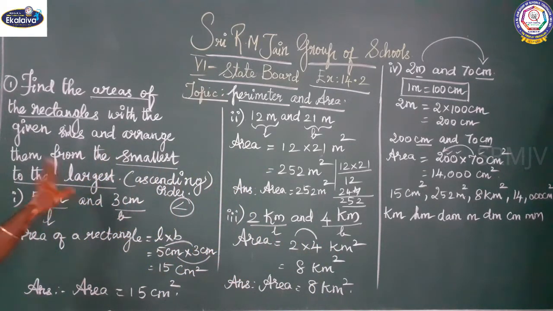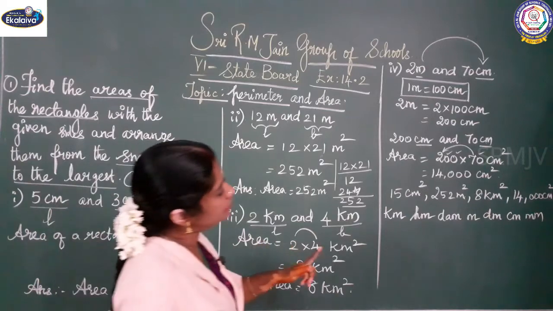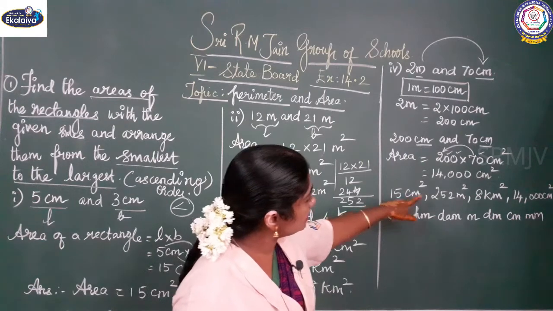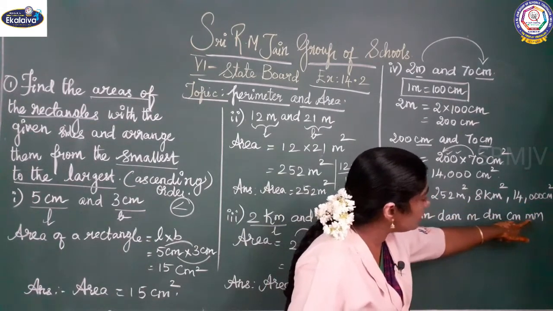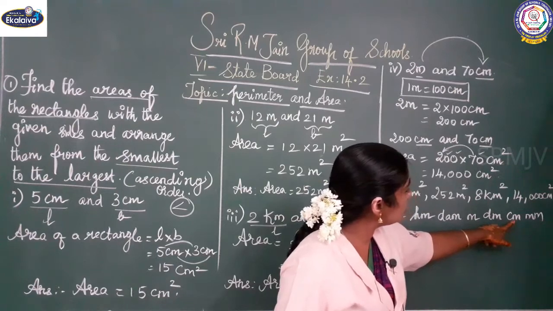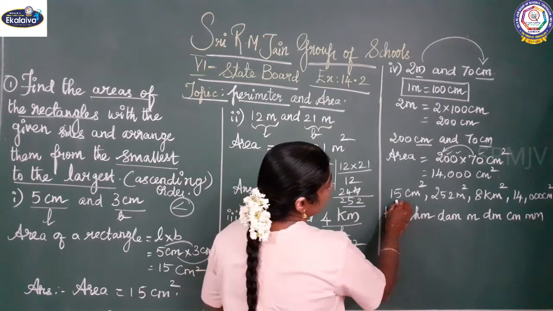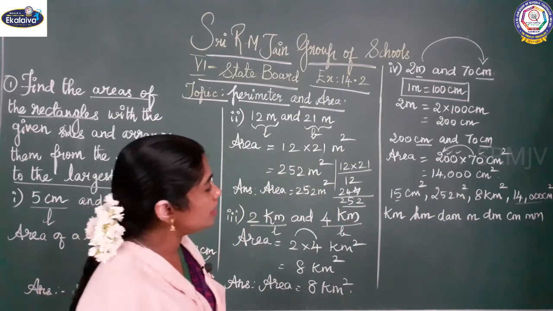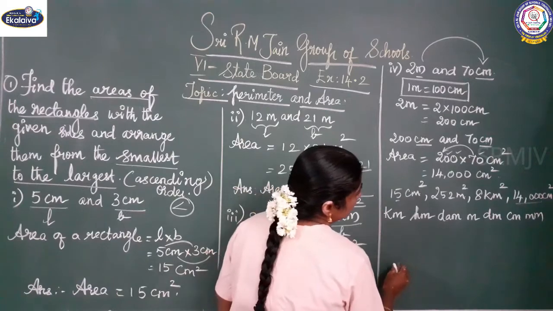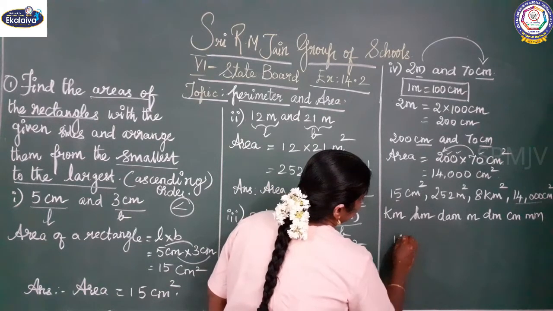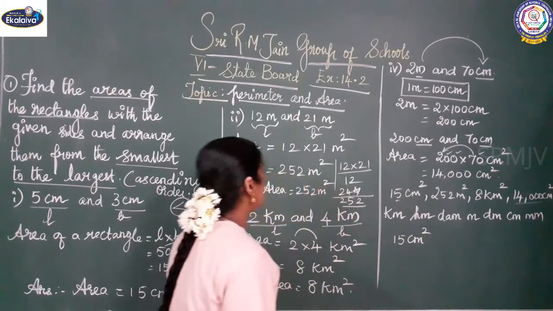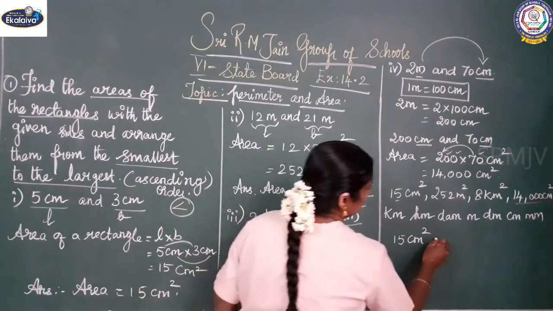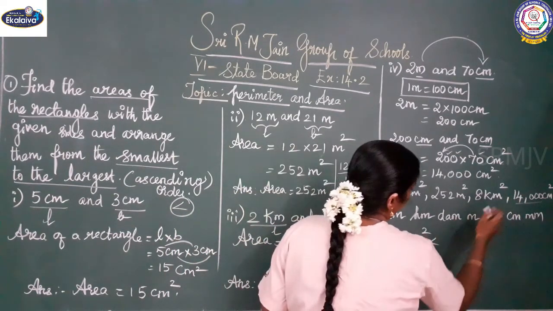So from this I am going to arrange from what? Smallest to the largest. See the unit here, which is the smallest here. See this here, centimeter, centimeter. The smallest one, millimeter, is not there. Next one is what? Centimeter is there. So is it 15 is the smallest, or 14,000 is smallest here? Which one is smallest here? 15 centimeter square is smallest. So write that 15 centimeter square. I told you to arrange with the less than symbol. So for that, less than. And second, which one is smallest?